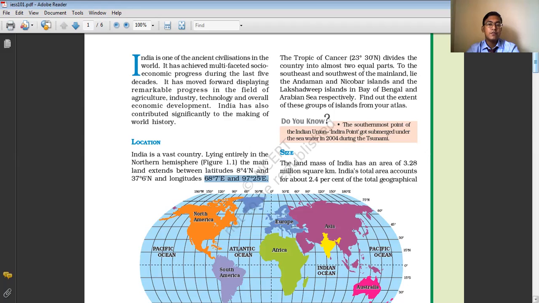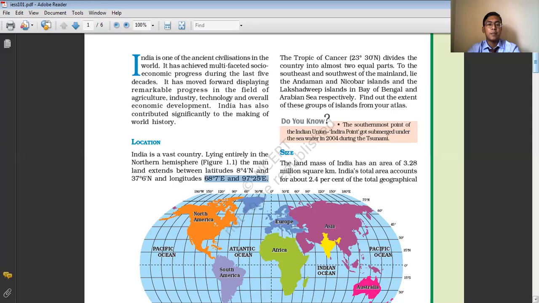So in our country, we experience varied climatic conditions. Not only this, but we also have different kinds of relief features in our country, because of which we are enriched with different types of agricultural crops and different types of physical characteristics. Because of this, we can find social, economic, and cultural progress in our country. And from 22 degrees north latitude, our country India protrudes, entering into the Indian Ocean.